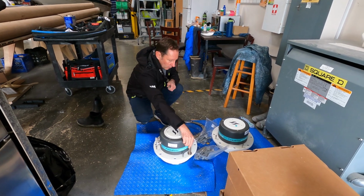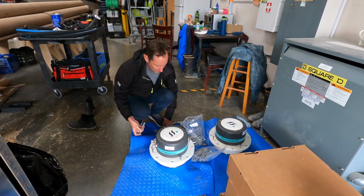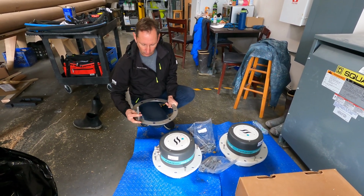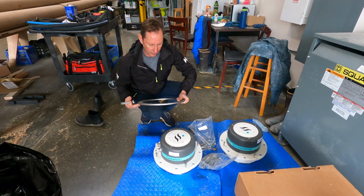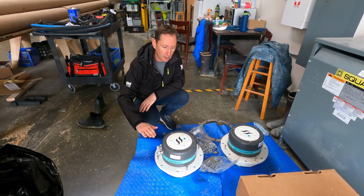Once we drill through the hole, we will drop these bolts. Think of this will be on the underside of the hole. These bolts will come up through those holes, and then we have nuts that'll sit on those that we will tighten up. Now, to ensure that we have the correct height and we have consistency of the fin,